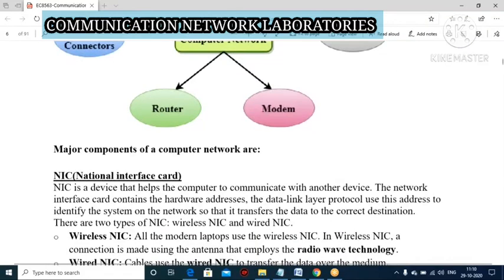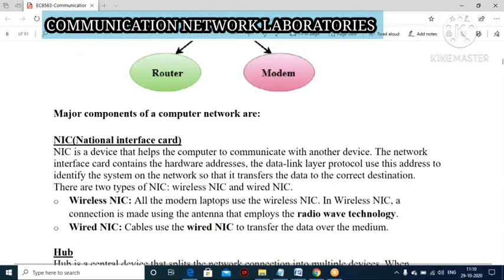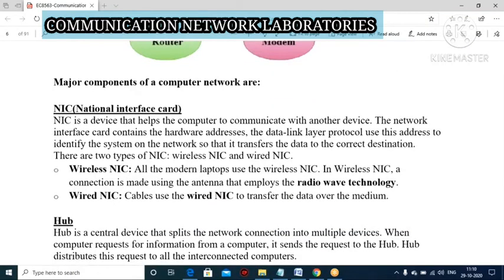First, NIC. Why do we need NIC? That is Network Interface Card. This interface card is used to communicate with another device, because our NIC contains hardware addresses and some data link layer protocols.